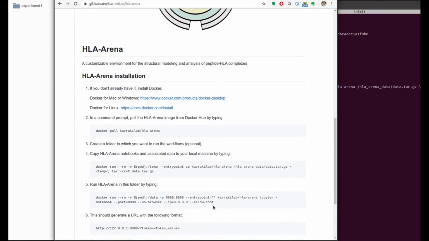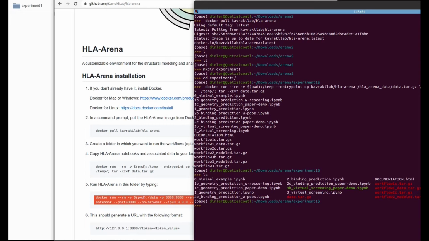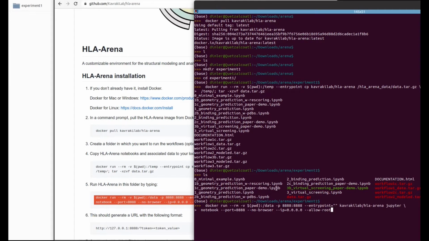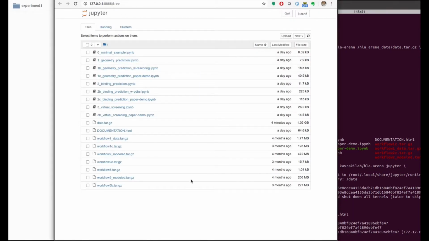Okay, so the next command will be to launch the container and share the folder. You can see that all those files were copied to the folder I am in, and now I will launch the container to analyze these files. I execute the command to run the container, and you can see you have some links here. You can just copy and paste in your browser or control click, and then you see the interface of the